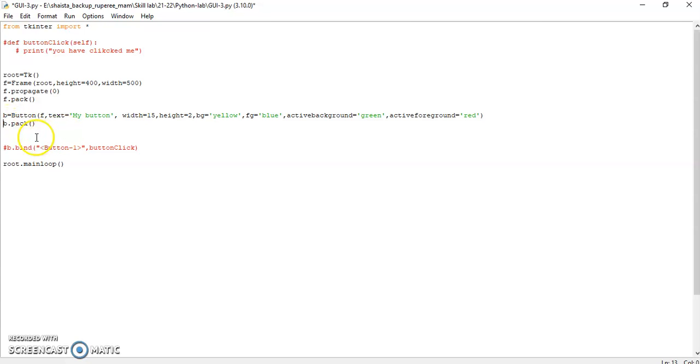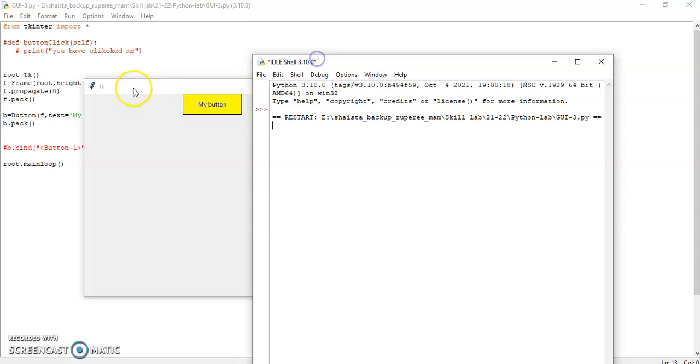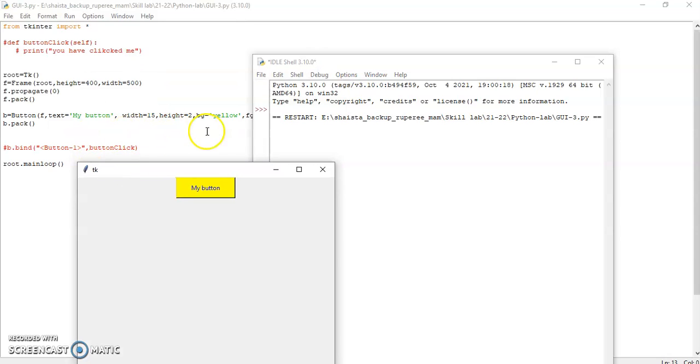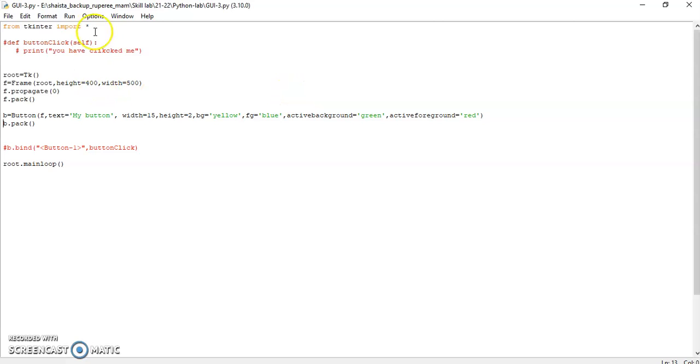So b.pack, and I have written the class, and now I'm running it. Here you can see this button is created. Now when I create this button, you can see the background color we have mentioned. Here we have mentioned that the background color is yellow, so this is the button background color, and this is